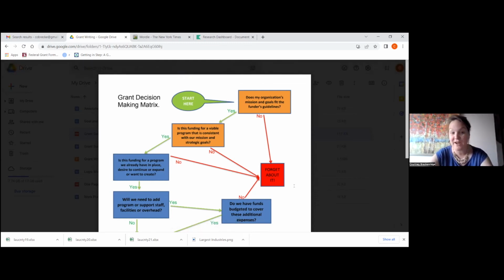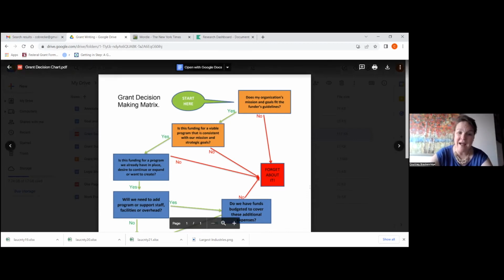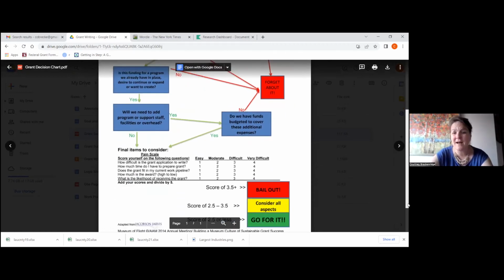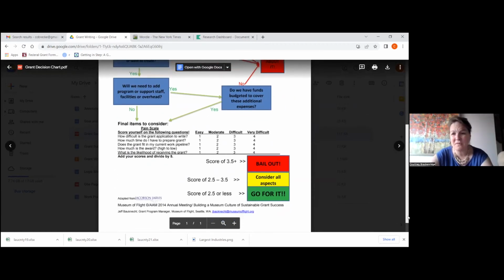Again, some of these other ones I'm not quite as crazy about, but I do like that they lead to: is this funding for a program we already have in place? Do you need to add program or support staff? Does the budget support that? And again, this is a little bit of a complex matrix, but I share it because